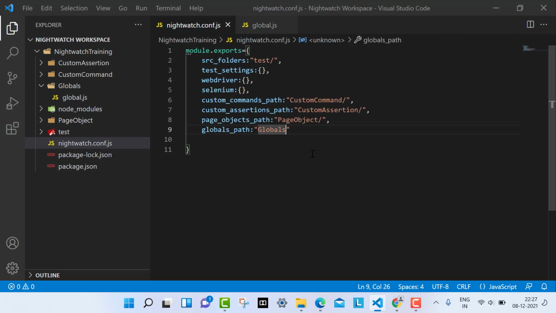So we have to give this path, like this: globals/global.js. This is the way you can define the global path.